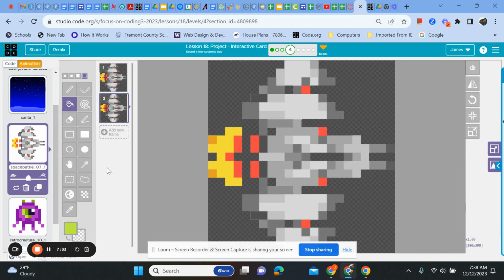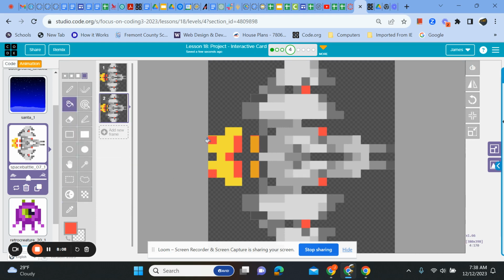I'm going to make this flame kind of move through here. So again, I'm going to get this red color. I got my red color now. I'm going to get my fill bucket. And these two on the end, I want to change those. But before I get too carried away, I want to save that color so that I can fill in probably these. Yeah. And then I'm going to go back, get my red color again,